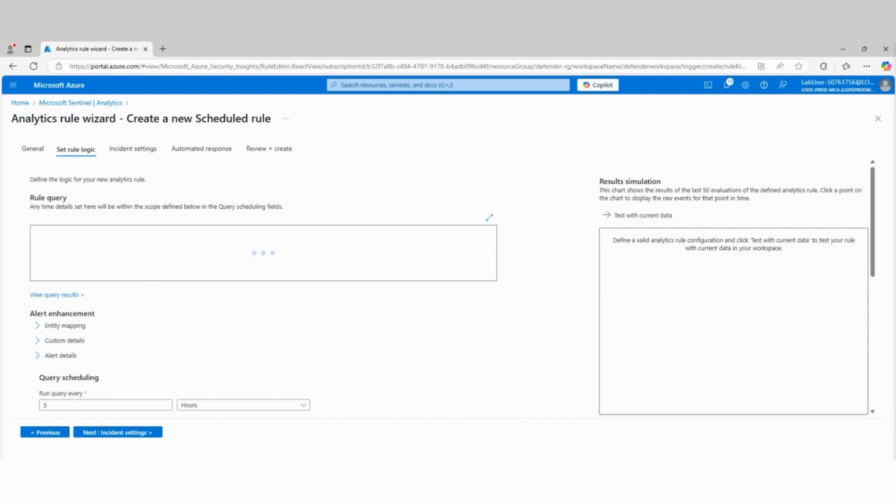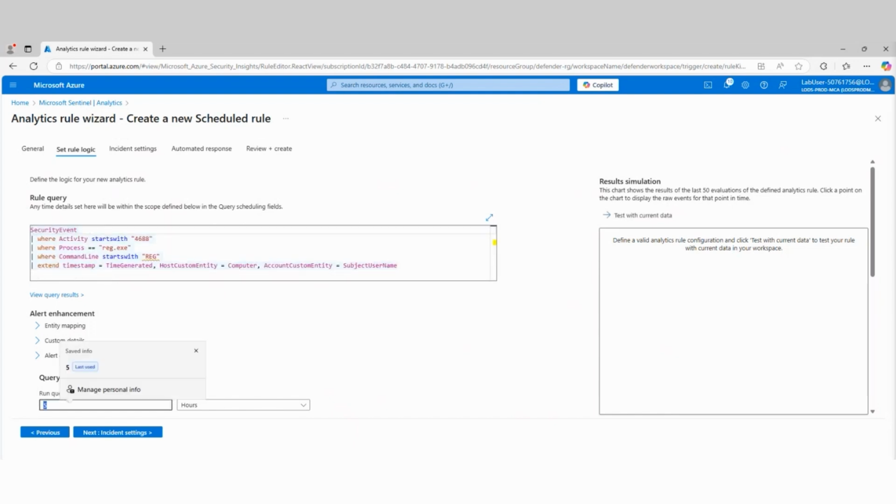Then we're going to go into our rule logic button. And what we're going to do is run the query that we created earlier. Now we're going to go in and run this query as part of that process here. So we're going to run that query. And if I wanted to, I could actually run the other query also, and we can do a test run to see if we want that. So we can run both of those. For now, we'll just run one here. So that's the query that we're going to run.